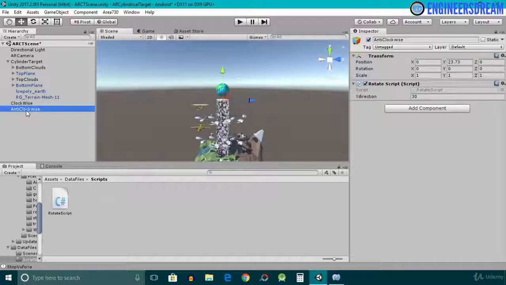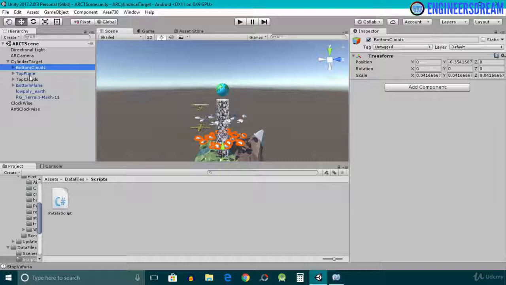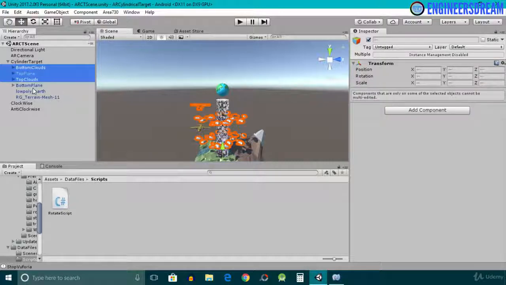As you can see, the anti-clockwise game object is again at a position of 0, 23.73 and 0. So I'll select the anti-clockwise game object and bring it a little down along the y-axis. The clockwise is at a position of 23.73 along the y-axis and the anti-clockwise is at a position of 19.2.